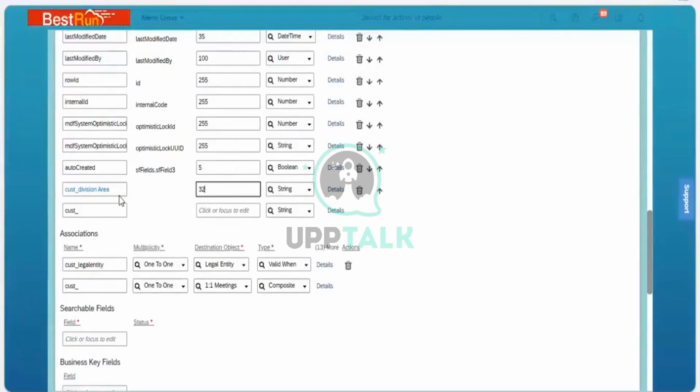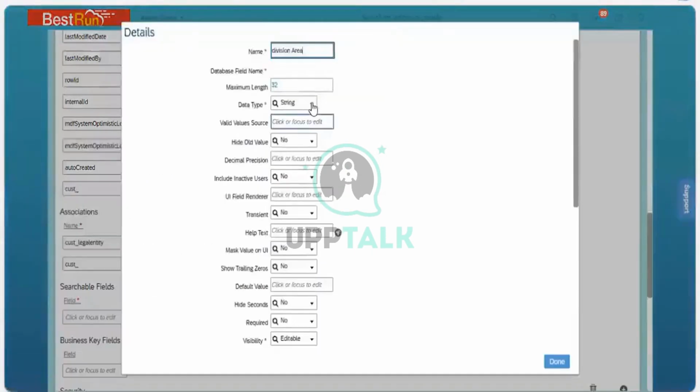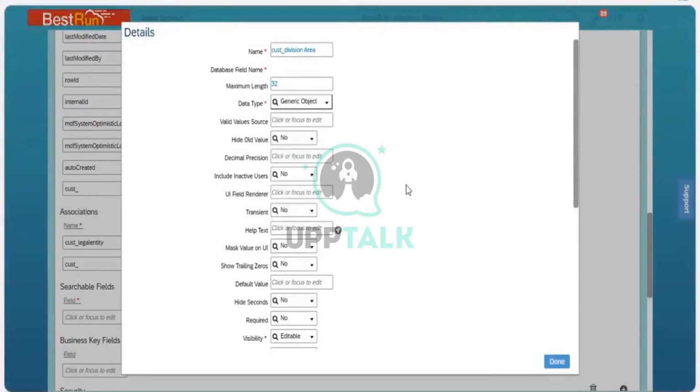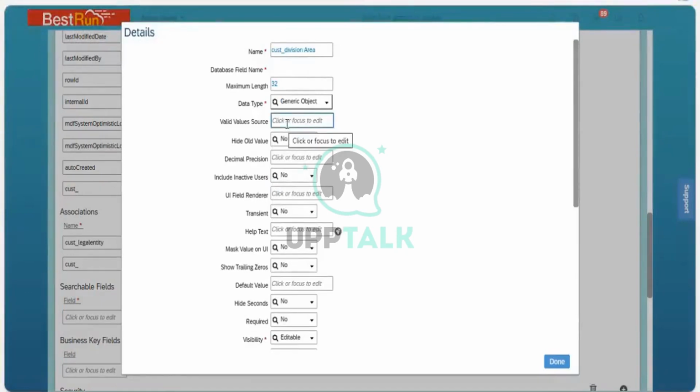And for this division area I need a value. From where do I get the code,